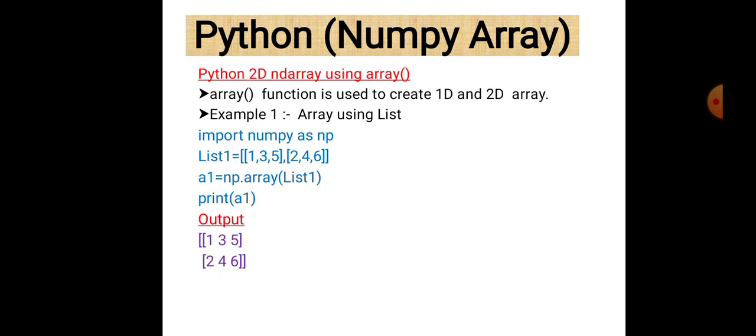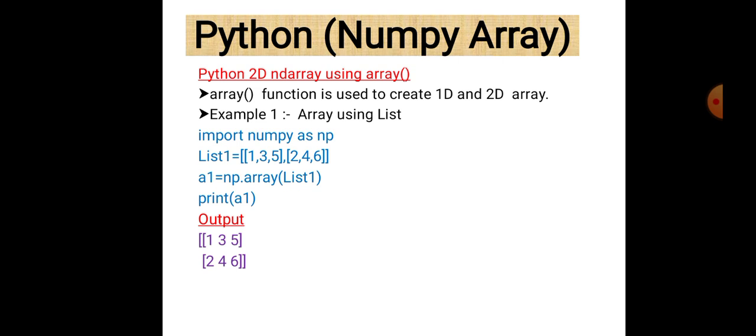First is array. So array function is used to create one-dimensional and two-dimensional array. The most important thing about the array function is that it is basically a very common function. It is used to create one-dimensional as well as two-dimensional array, and the syntax is very simple. First of all, you have some data or raw material which you have to convert into an array using array function. Suppose we take here a list. If instead of a list we have a tuple or a string or a dictionary, then we can also convert it into array.